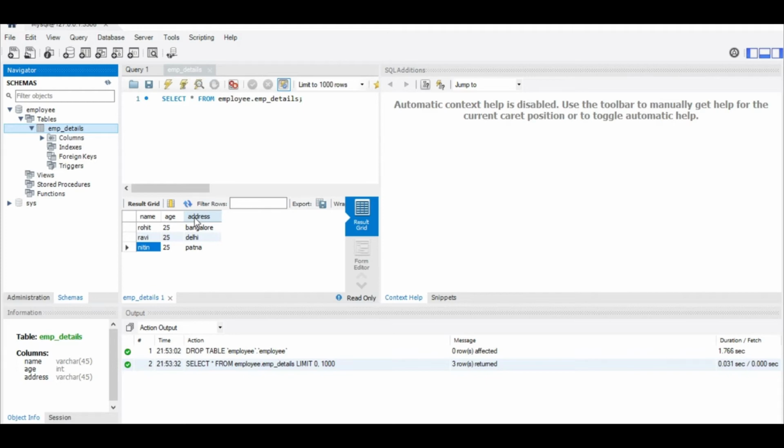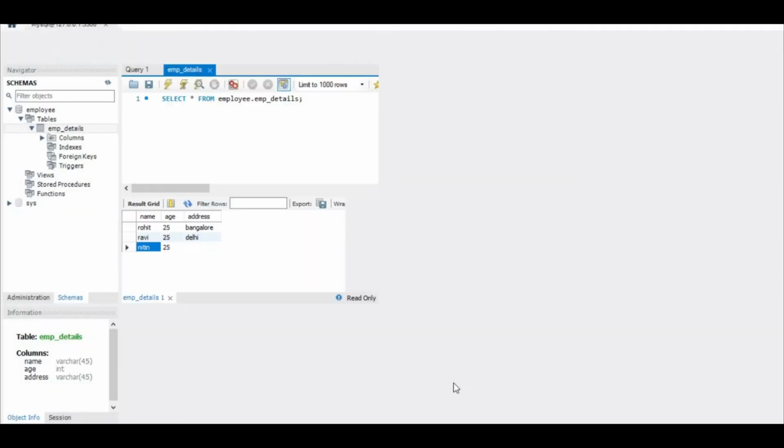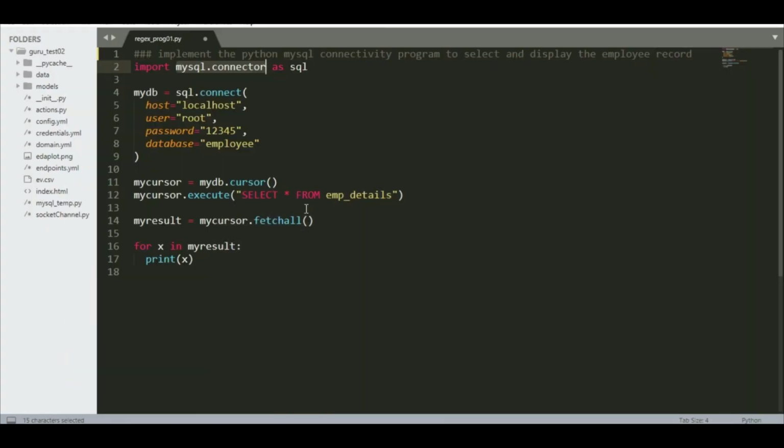Now the requirement of our problem statement is that we need to display the given data in our console. With the help of Python we are going to extract the database that we have created here into our console, and this is the beautiful thing about Python, that you can work with databases. So for that, first of all we need to import the mysql.connector library. So I have imported mysql.connector as a library.